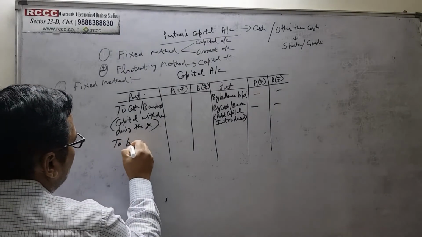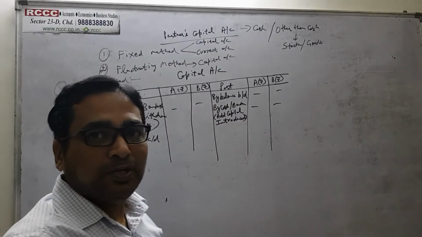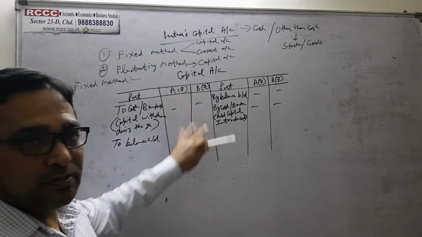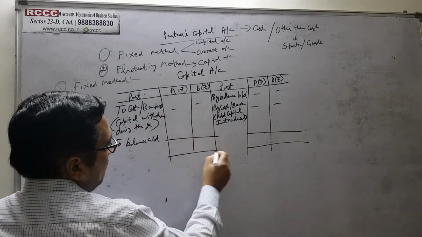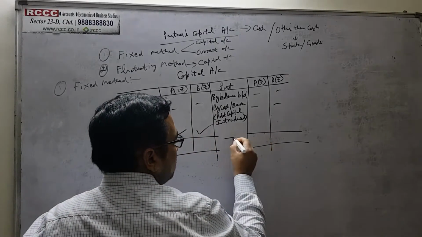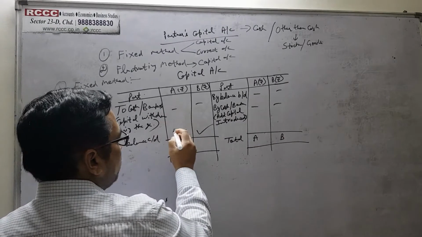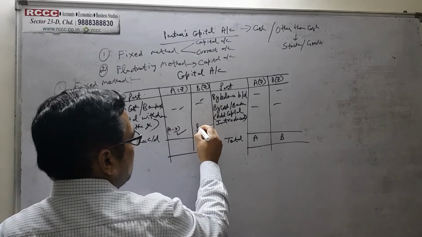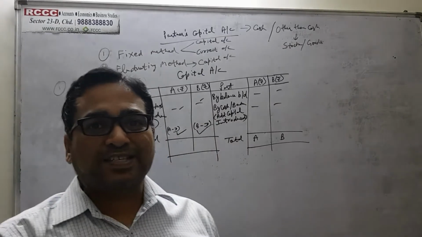Then it is to balance carried down. If there are any withdrawals, one of the partners may withdraw the capital, or both the partners may withdraw the capital. In either case, we have to write the figures. After totaling this, if we find that drawings are less, then we get the balance carried down. So the total of A and the total of B minus the drawings: it will be A minus D, B minus D, where D is the drawings. This is the fixed capital account.